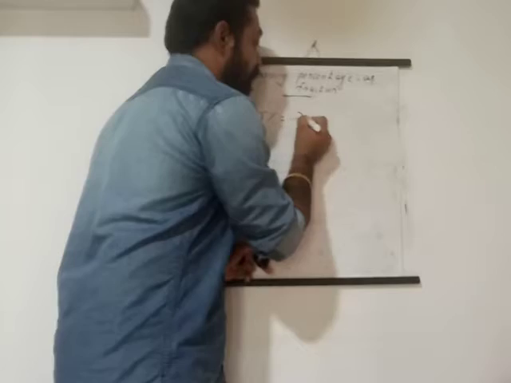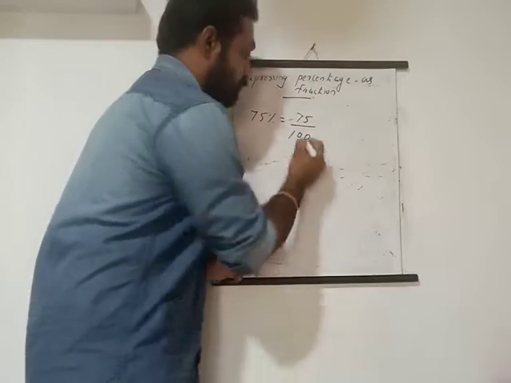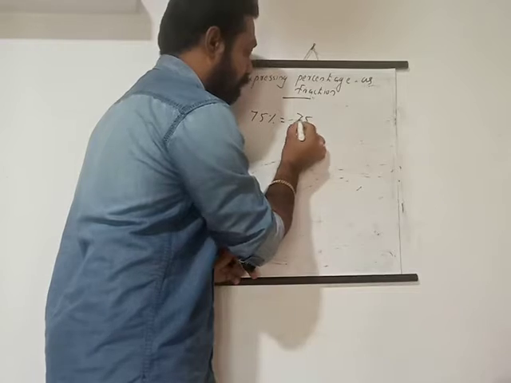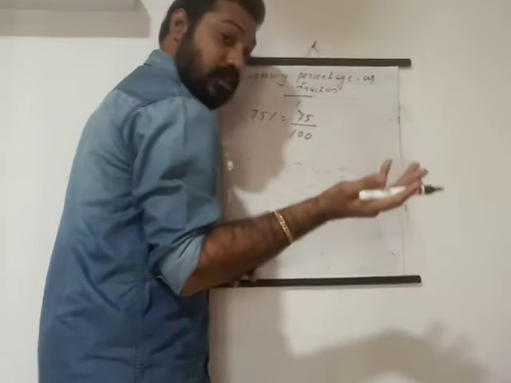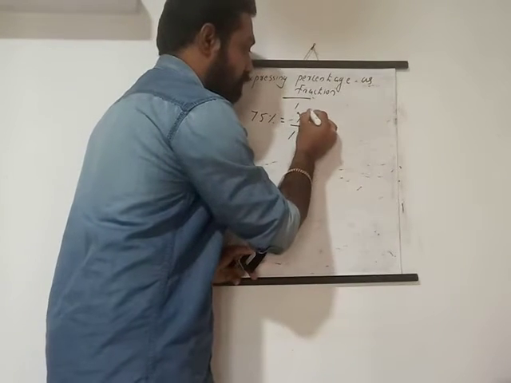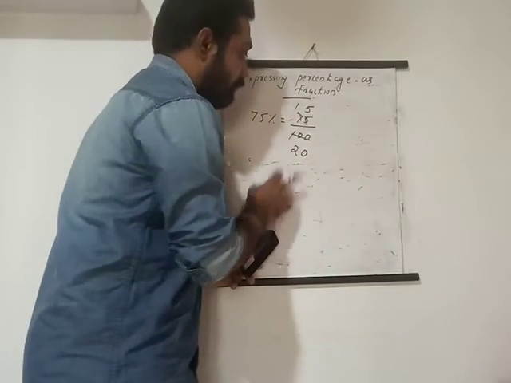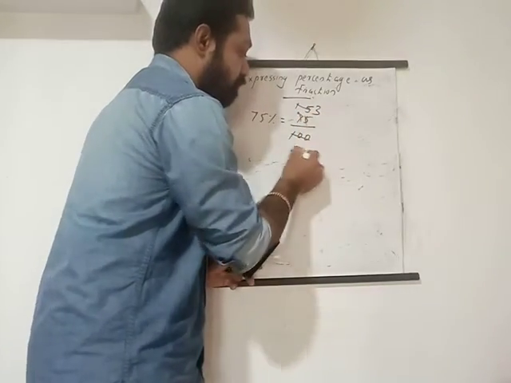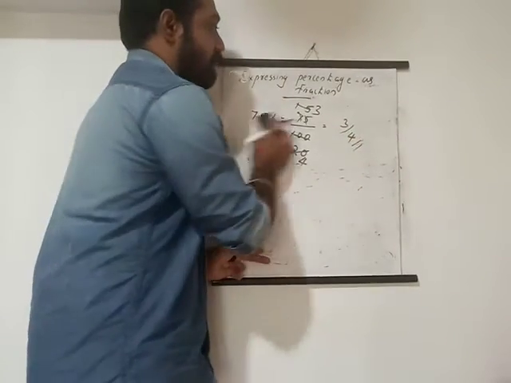Instead of that, if you take 5 also you will get it, but we have to divide more. I am just taking 5 also. Then what will happen? We can check it. Dividing both, 1 five is 5, then 25 means 5 fives are 25. Here we get 20 easily. So 15 by 20. Here what can we take? 5 we can take, isn't it? 3 fives are 15, 4 fives are 20. Like that we go and we will get 3 by 4 as the fraction. So this is the way of expressing a percentage as a fraction.